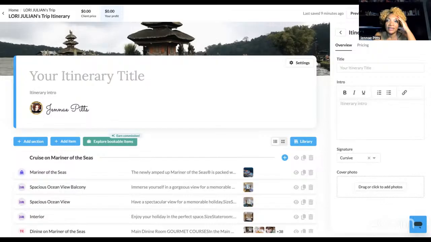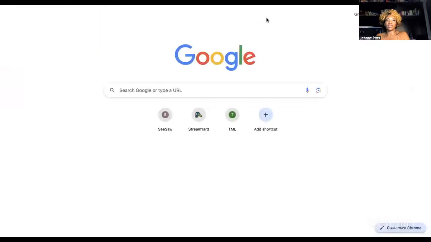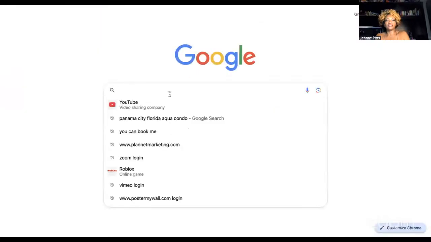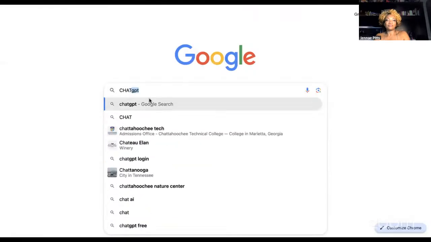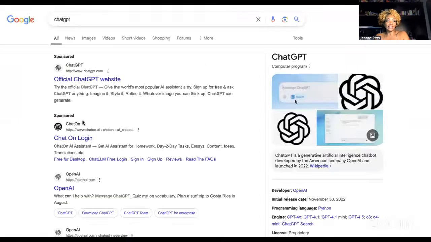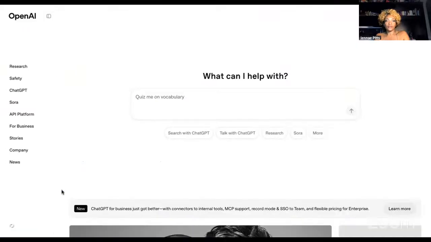Here I hit itinerary. This intro, this is where, like Miss Adams, if you saw we're coming, I like to use chat. So let me not even fake the funk and use my brain. I like to use ChatGPT. They've got a free version for it, so you can get into it. So I want it to write verbiage